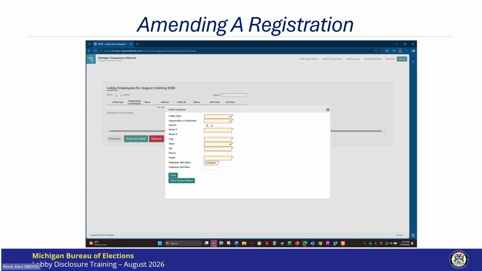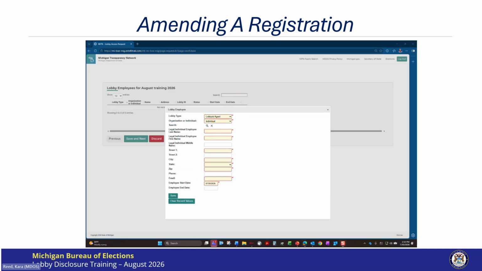I will select the type of employee that I'm adding to my registration. I will select Lobbyist Agent, who is an individual. Now what looks like a magnifying glass shows. We need to search to see if the employee we are adding is registered in MiTN.